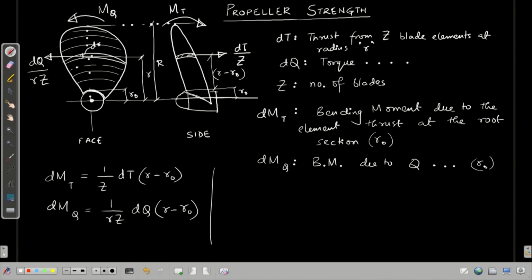So, if we combine the moments caused by all these elemental thrust and torque and calculate the total bending moment on the root section due to thrust and torque, we will have MT, from r0 to R,